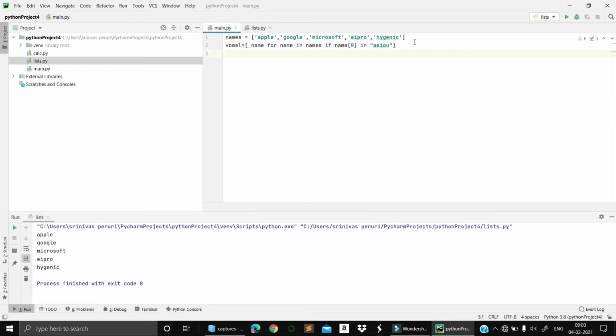In the same case, to reduce the three lines of code, I can do it right here: for name in names, I just want to print the name. We'll get the same thing. Same code, same thing, I am getting here. So this is the beauty of list comprehensions. I hope this is very clear for you.